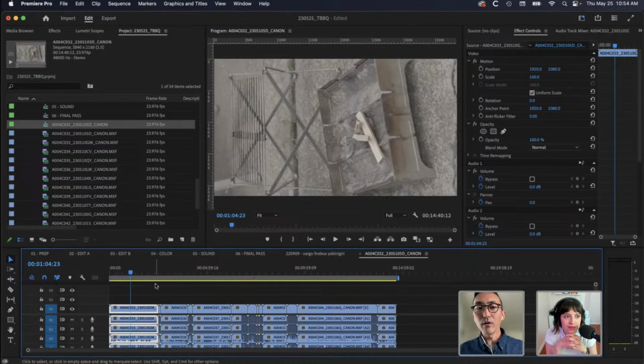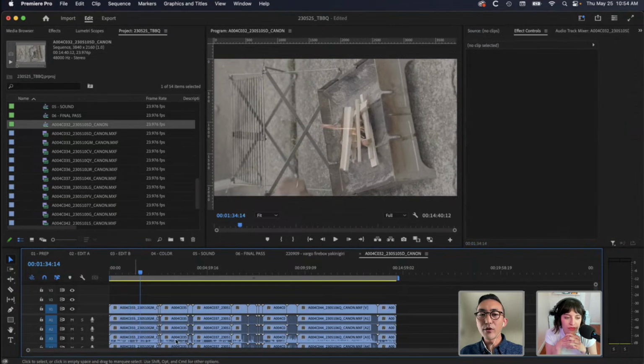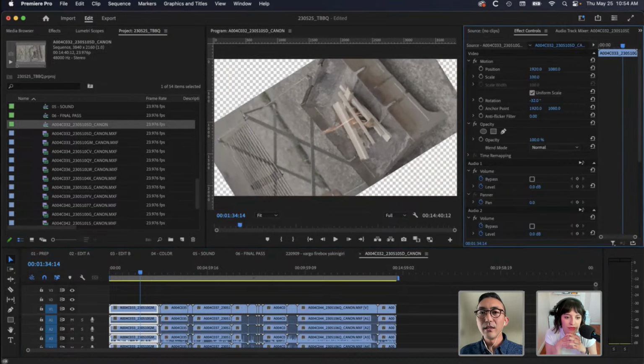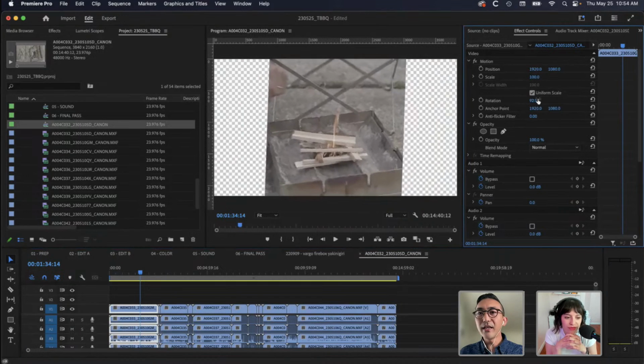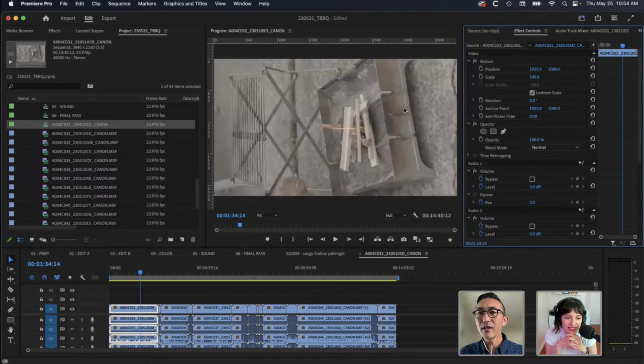Now the thing here I want to point out is that, let me think, the best way to do this is through sequence settings. Okay, so we're going to do a combination of a few things. Before we get to our rotation, we have to look at our sequence settings. Because if I rotate this video, I'll just show you. It's rotating, that's great, it's vertical, but then there are basically going to be black bars on the side of my video, and the video isn't actually horizontal. So vertical. So I need to make the actual workspace that I have for my video